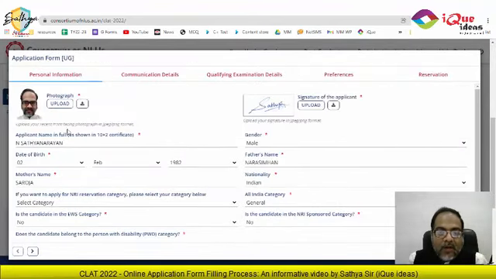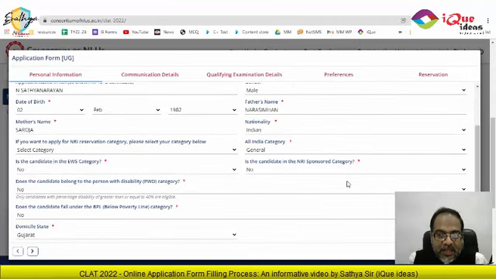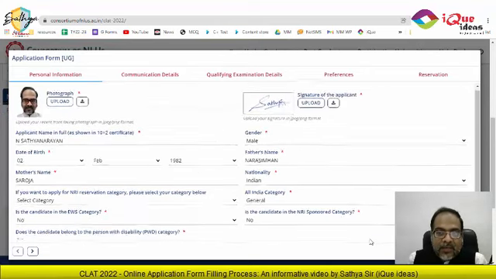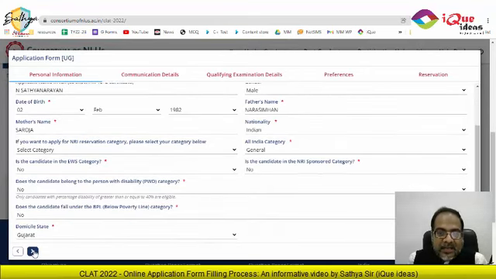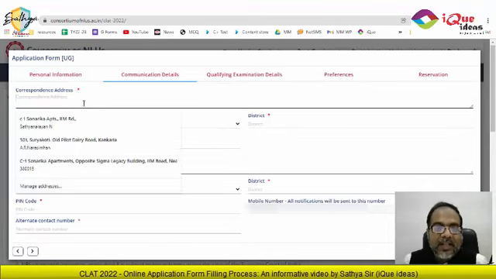Make sure that you have uploaded all the details correctly. Verify the spellings and the selection of categories. And when you are sure that all the categories have been correctly filled, click on Save as Draft. Once you have saved all these things, on the bottom there is a right arrow. If you click on that, it takes you to the next page where you have to fill in the address.